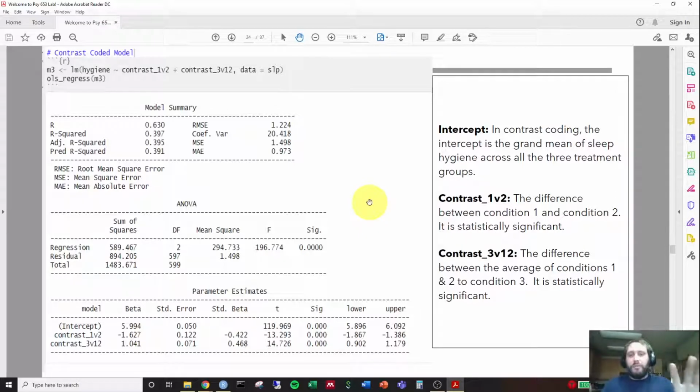So this is exactly what you should have up on your screen. Remember the R squared is 0.397. So notice that the intercept is the grand mean. In contrast coding, the intercept is the grand mean of sleep hygiene across all 3 treatment condition groups. And that's a good way to know whether or not you did contrast coding correctly